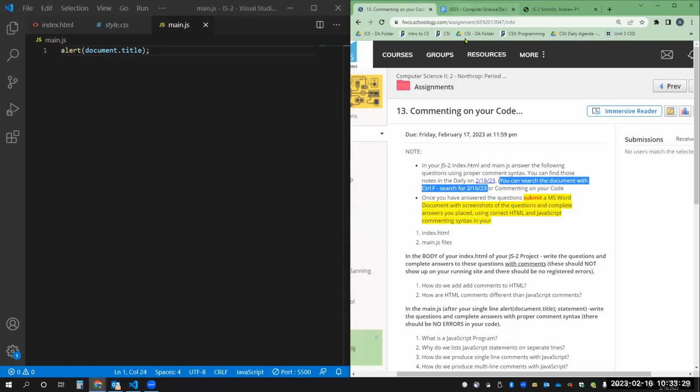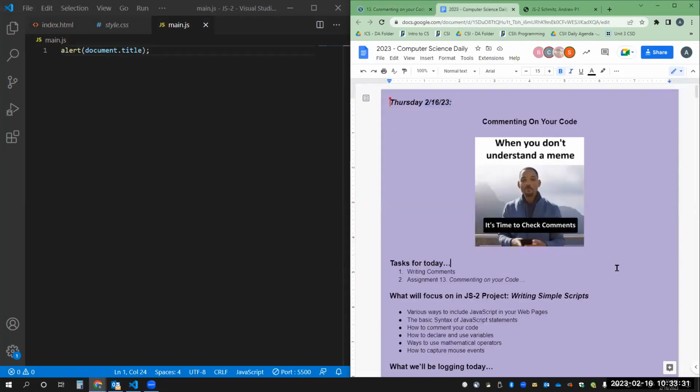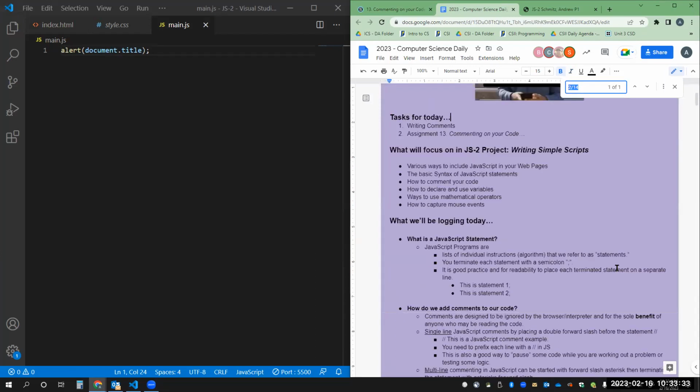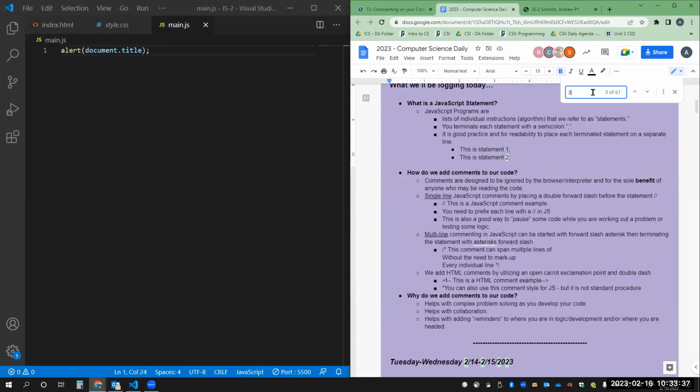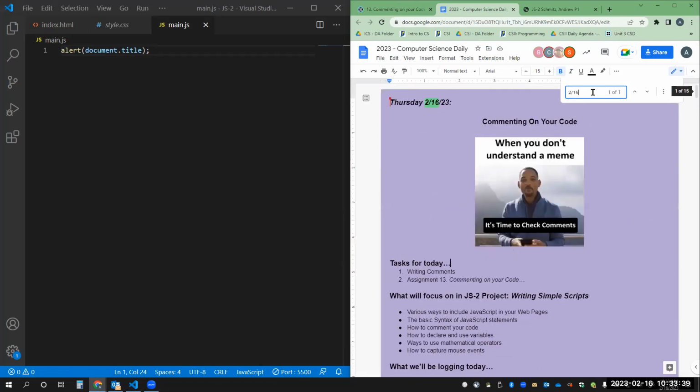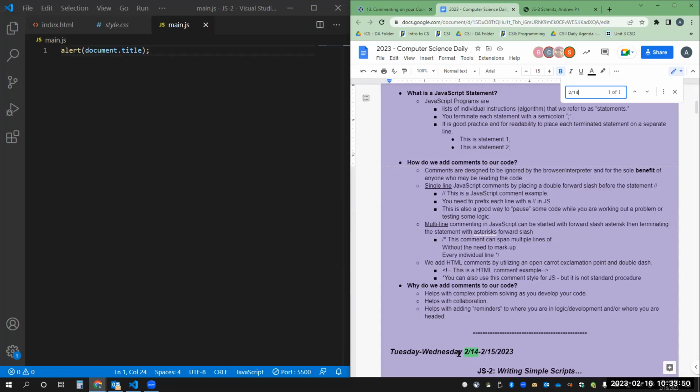What that means is if I come back to the daily and I do Control F, I get this pop-up window and I can search for 2-16. It's going to highlight every time I've said 2-16, which is right there at top. I can go back to 2:14, which is what we did before, and you'll see that it highlighted 2:14 right there as well. More specifically for your test, I can do commenting